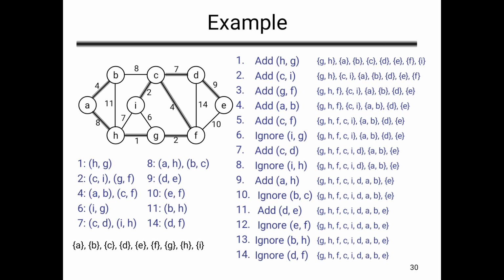In the third unit, I am revising the topics: general method, knapsack problem, job sequencing with deadline, minimum cost spanning tree, and Prim's algorithm. In minimum cost spanning tree, there are two algorithms. Just now we have discussed Prim's algorithm and Kruskal's algorithm. Single source shortest path we have already discussed, that is Dijkstra's algorithm.